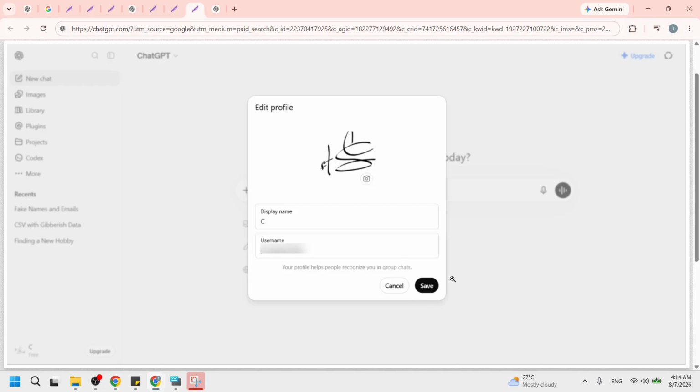When you do, the profile page updates and your new photo is stored on your ChatGPT account. You should now see the new image in the bottom left corner, replacing the previous icon in the sidebar. You have just changed your profile photo in ChatGPT,